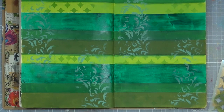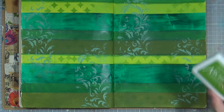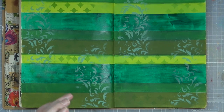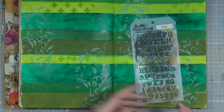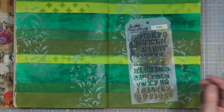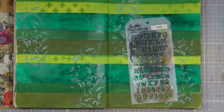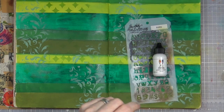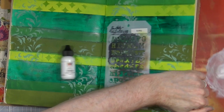Okay, so I think in that case I'm going to have to bring in a little bit of white to add in our typo text that I wanted to add onto there. So we're going to have to bring in just a touch of Dina Wakley white. Bring my little palette back,